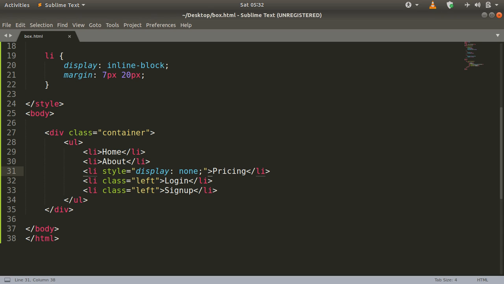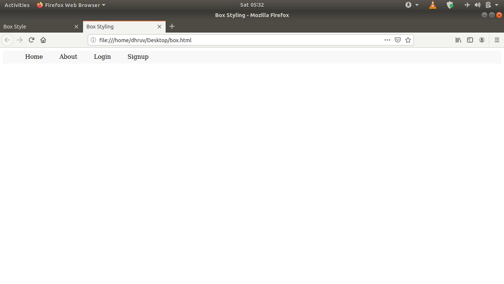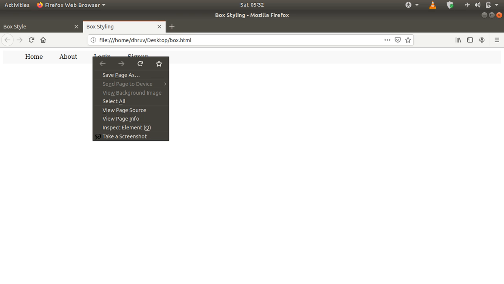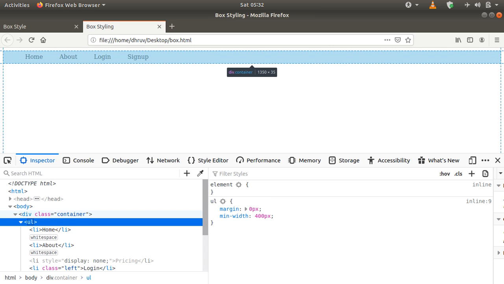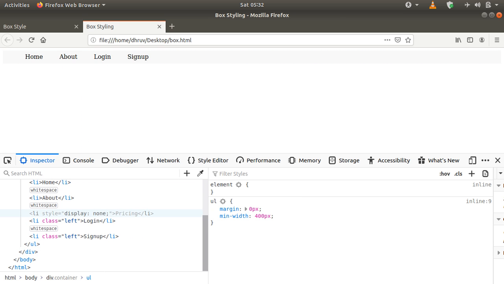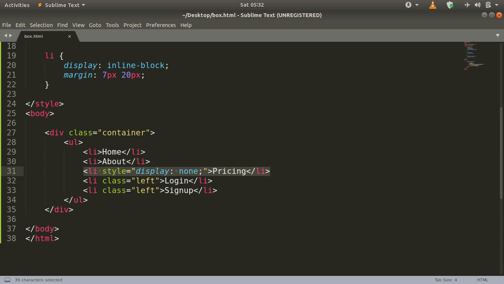You can see that this li is present here on the web page, but it is not being displayed. If you just right click and go to inspect element, then you can still see that this li is there on the web page, but just because we have set its display to none, we are not able to see the particular element.